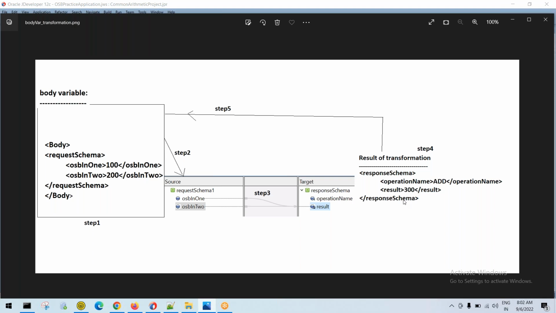We generated the output XML. That XML we want to store into a variable. To store the XML into a variable,